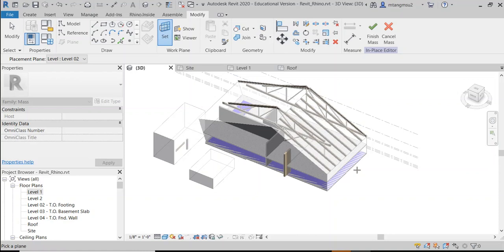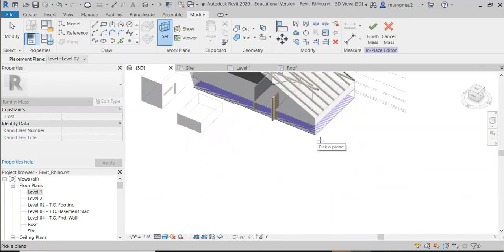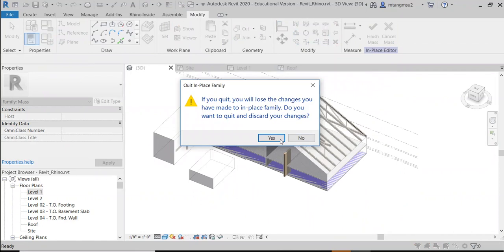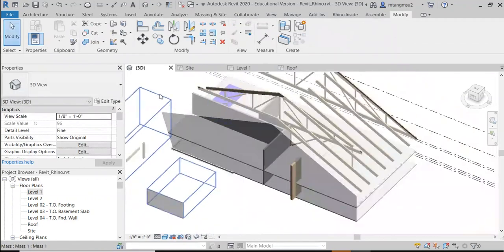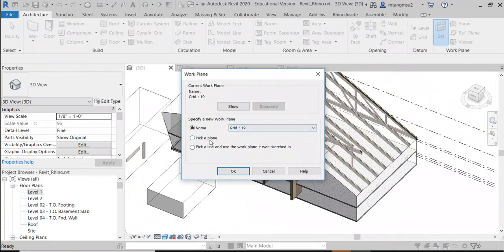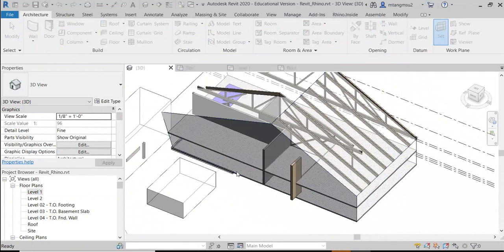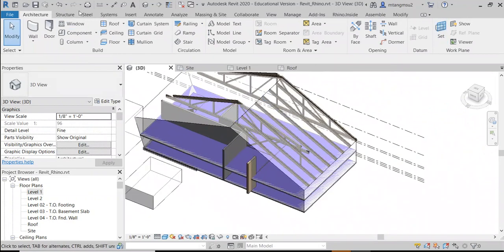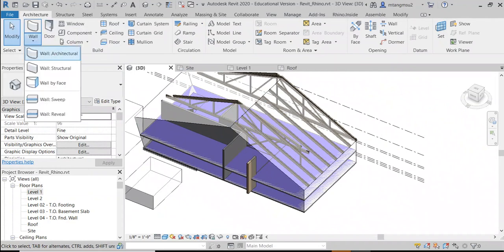Yeah, that is strange. Let me cancel that. I think I already set my reference plan to grade. Yep. So now if I draw, if I draw a meshing,